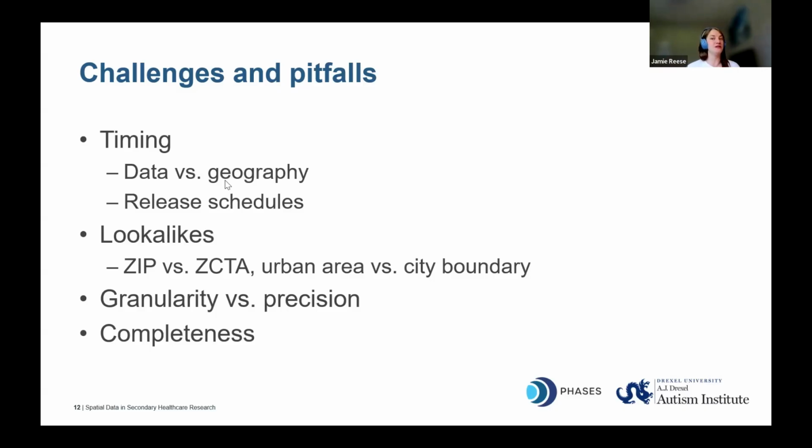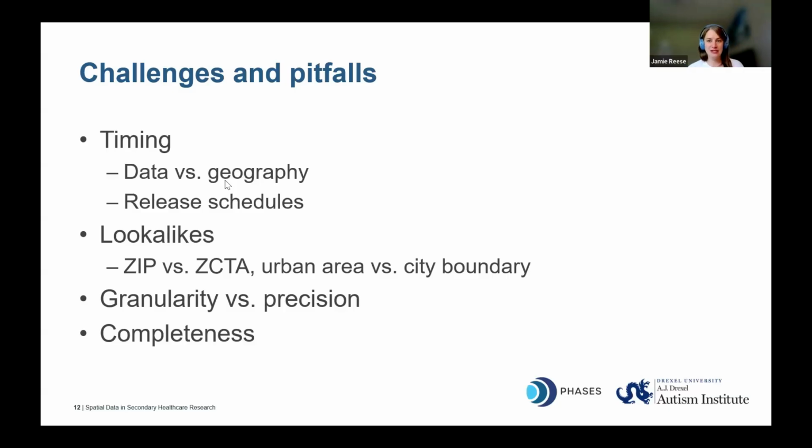You can also run into things that sound very similar but are in fact different. We already talked about the zip codes. Another example would be what the census calls an urban area, which is different from a city boundary. This is one that doesn't feel like a challenge when it first happens, but it can cause you some real headaches down the road. So you always want to look at your documentation and make sure you're comparing apples to apples.